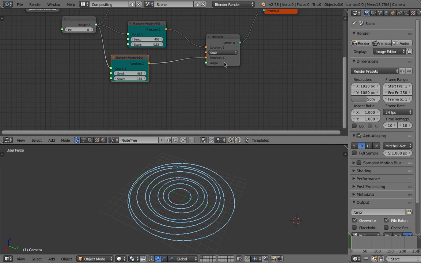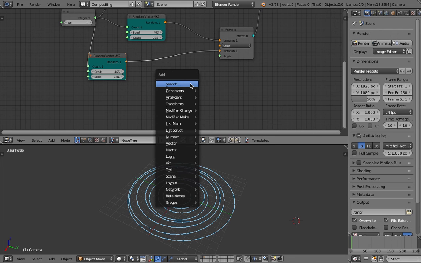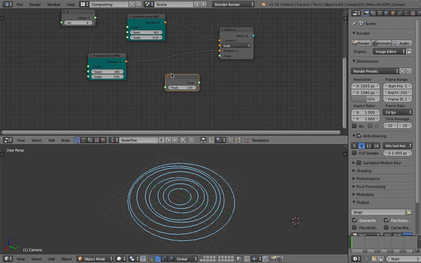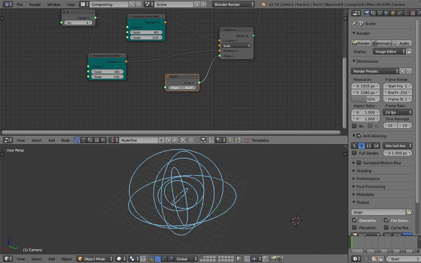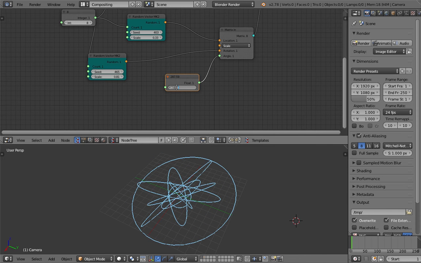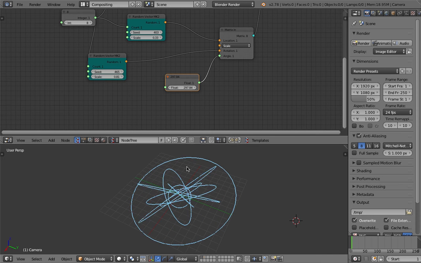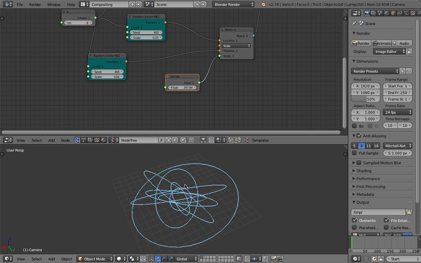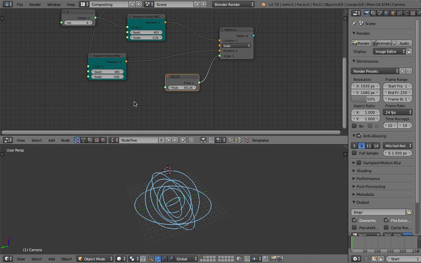That's because the rotation is really affected by the angle. So if I plug a float into the angle, it's actually in degrees, 360, and it should go back to the original, like flat. So that's almost pretty much done, except that perhaps we want to control it in such a way that the circles are